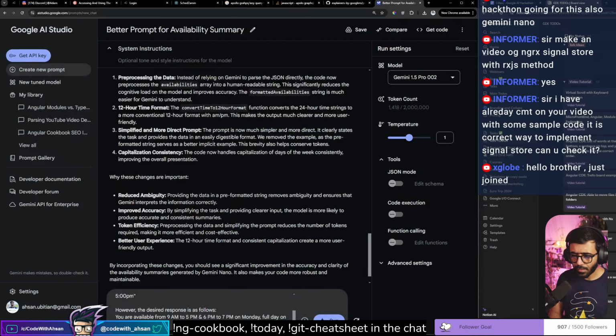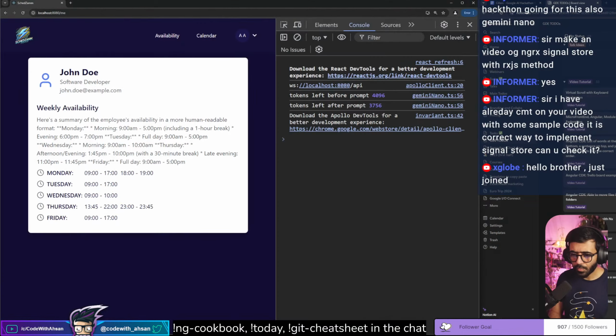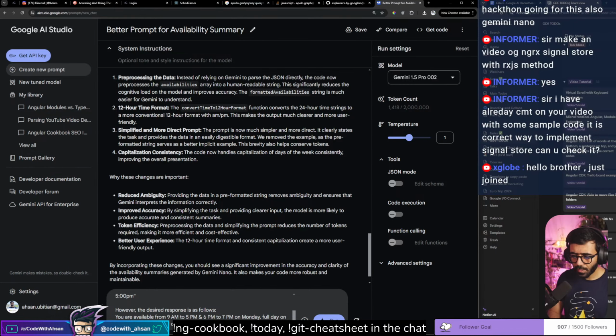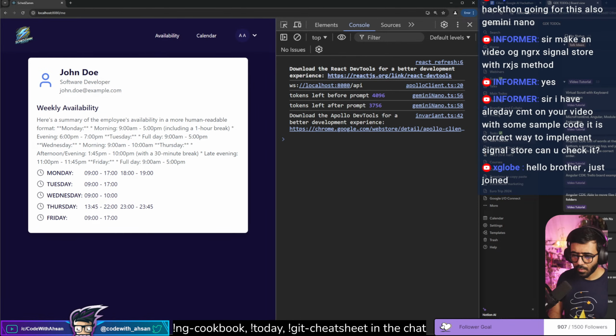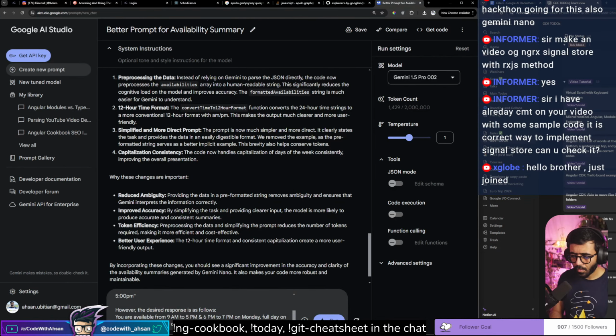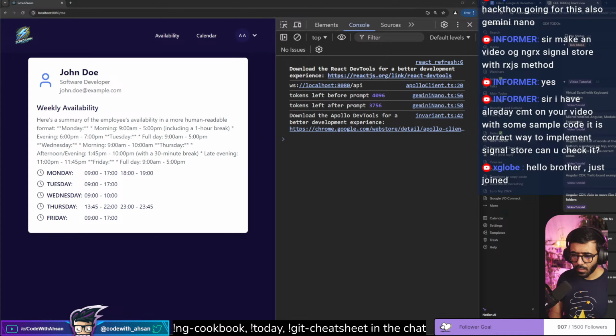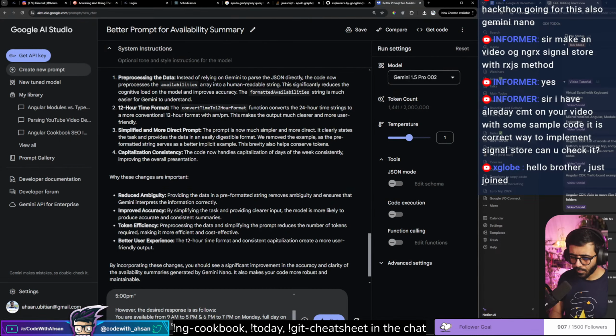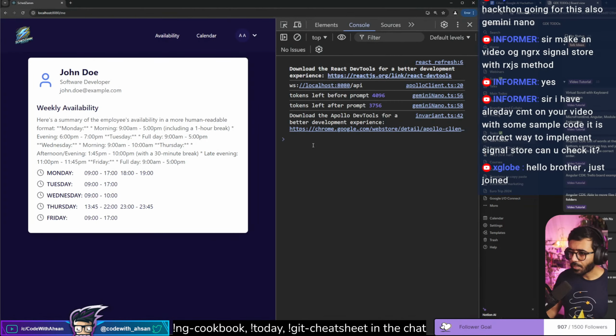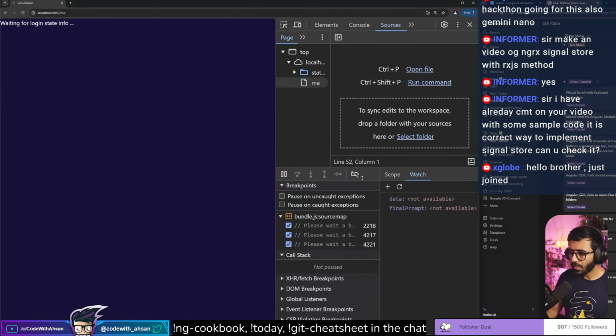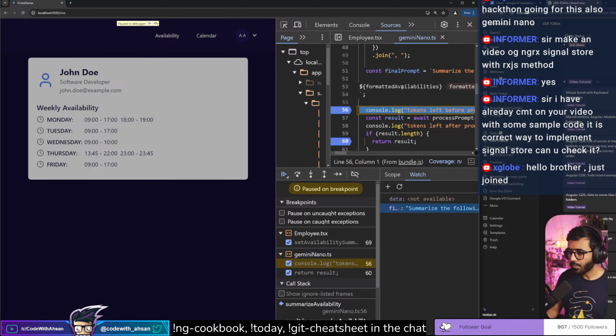Then we also have 9 a.m. to 10 a.m. on Wednesday. 1:45 p.m. to 10 p.m. and 11 p.m. to 11:45 p.m. on Thursday, and full day on Friday. And we can also put the JSON here as well. So if we refresh, and if we look at the formatted availabilities,